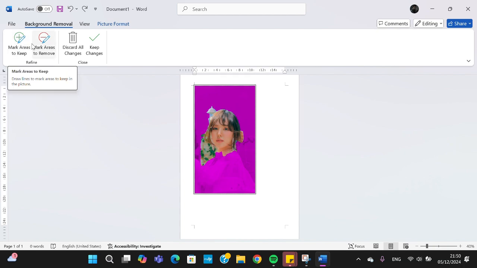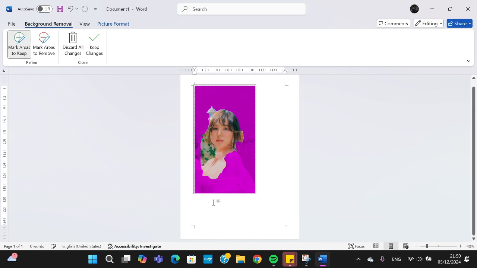Okay, and then you can mark areas to keep or mark areas to remove. And I'm going to mark areas to keep like this. Okay, and you can keep marking until you're satisfied with how it looks. Okay, and since this is just an example, I won't be perfect in marking the area,